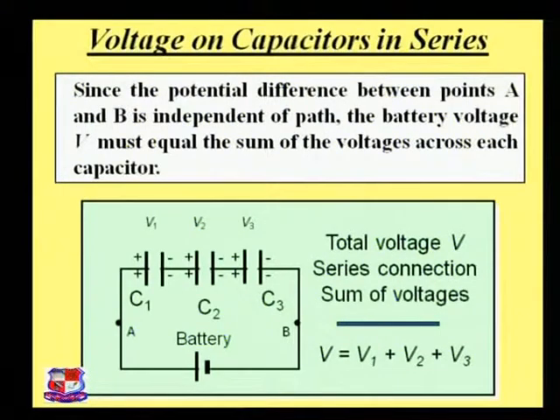So ultimately the overall voltage V becomes the summation of V1, V2 and V3. And if we talk about the general form, then it becomes V equals V1 plus V2 plus V3 up to Vn. So this is the summation of voltage. Remember one thing, in a series form of capacitors, the charge